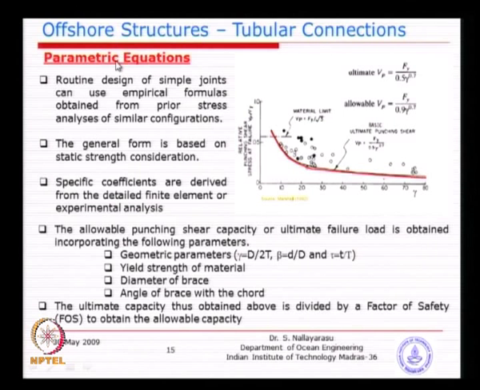Basically, for a parametric equation, you should understand that the equations are simple polynomials. I think most of you can also do experiments in our laboratory. You can fit a polynomial equation to describe the behavior between the result and a parent variable. The parent variable could be diameter, wall thickness, angle, length, more than one or just one. The result will be the response of the structure, in terms of deflection and capacity to failure. So that will be your goal.